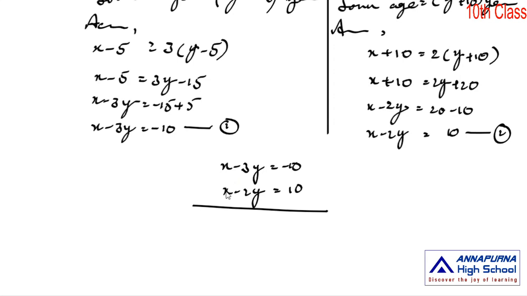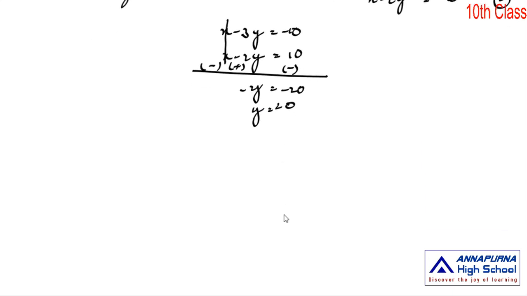So by adding these two equations, we eliminate the x, or doing subtraction. They have the same sign, so let's do subtraction. That means subtract the second equation from the first equation. That's why here we change the signs of the second equation. Okay, so plus x minus x cancel, minus 3y plus 2y, minus y is equal to minus 10 minus 10, minus 20. So y is equal to